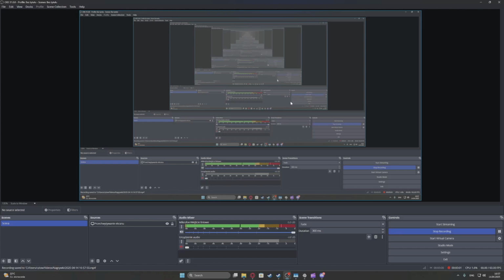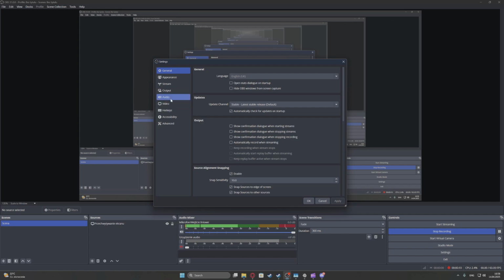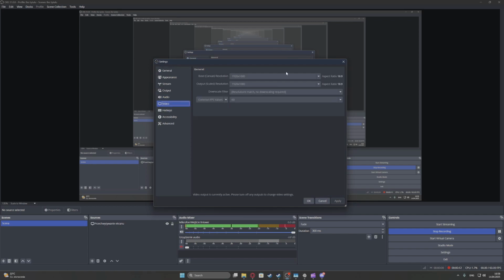To change the video recording resolution in OBS, first of all, you will need to click on the file right here, navigate to the settings, and then open the video options. Now, for me, as you can see, it's locked and I cannot change it since I'm already recording video using OBS. But right here, you'll be able to type in your base canvas resolution, which will change the entire area